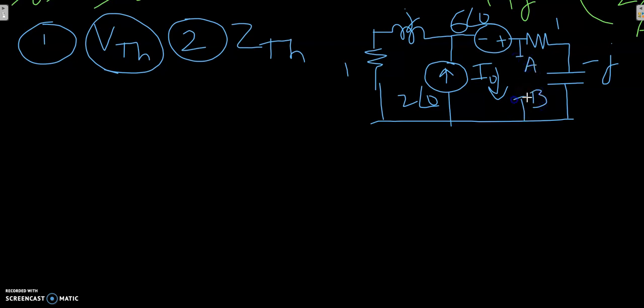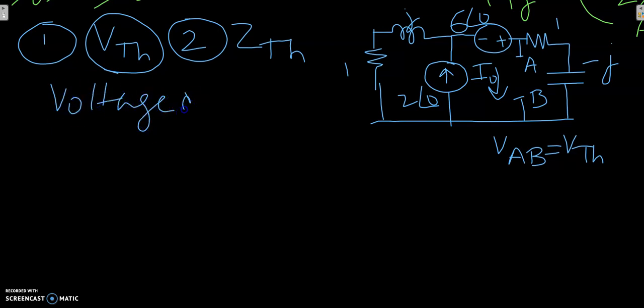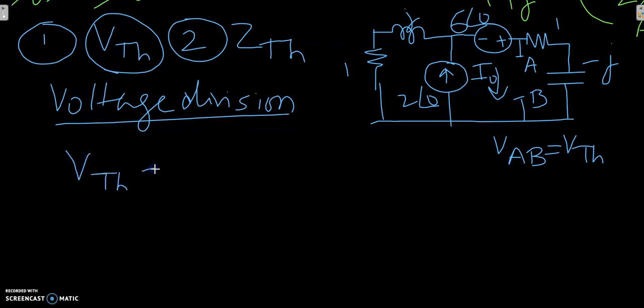We call them A and B. So we have to find VAB, and that will be equal to VTH. So let's apply the voltage division rule. So VTH would be given by,